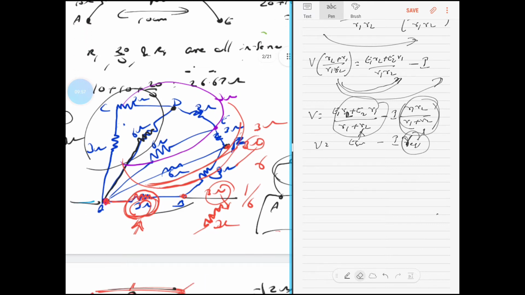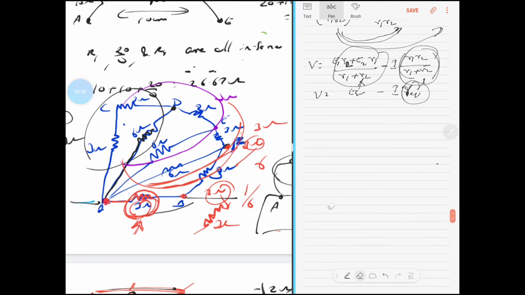So look at this diagram. I hope you can understand the diagram. I'll redo that here. So you have a 3 ohm resistor here, and you have very clear cut endpoints A and B, from which you have a 3 ohm resistor, and from here to here you have a 6 ohm resistor.